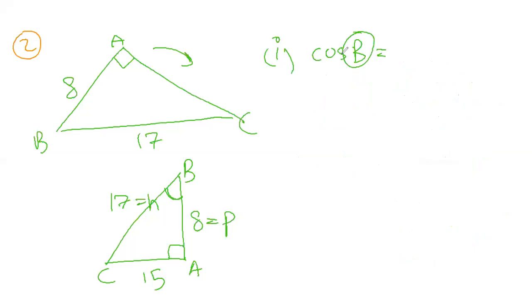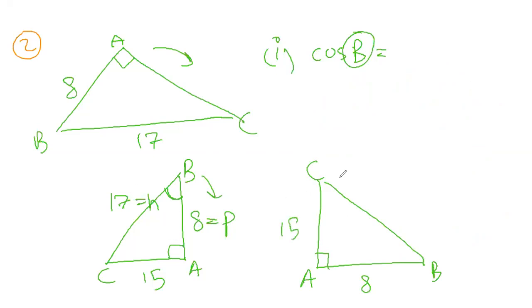Now here, cos B, we have to rearrange the triangle. So cos B will come here towards this side. So rearranging this triangle, we'll get somehow that B comes this side. So this will become B. A will go this side. So A will become here and C goes towards the north. So C will come here and AB is equal to 8. So perpendicular becomes base and base becomes perpendicular. So 15 becomes perpendicular. The hypotenuse remains the same. So cos B, with respect to angle B, that is base upon hypotenuse, 8 upon 17.